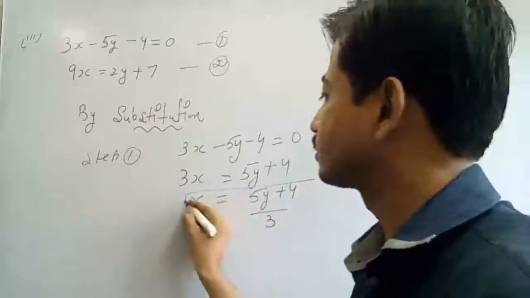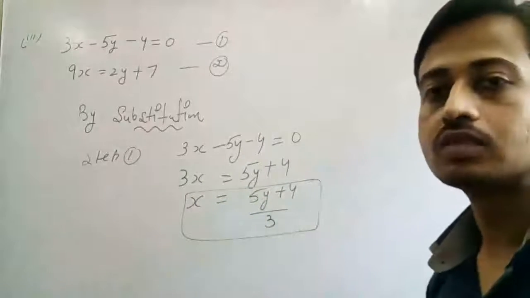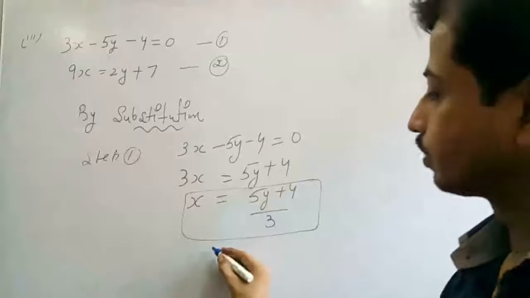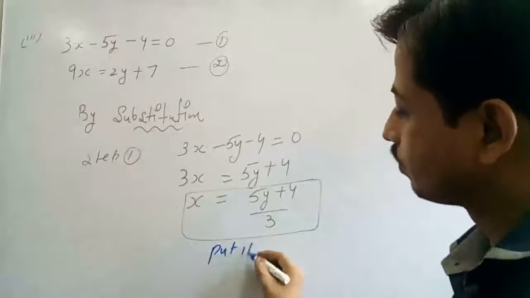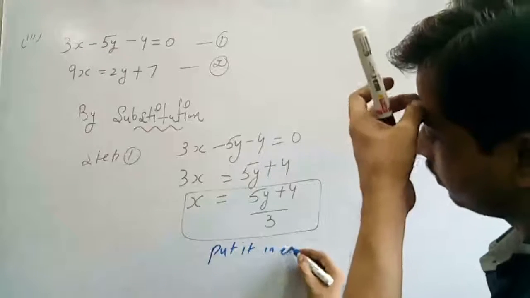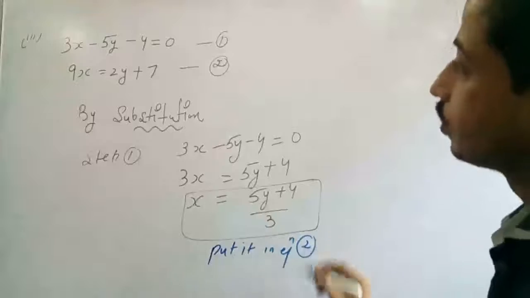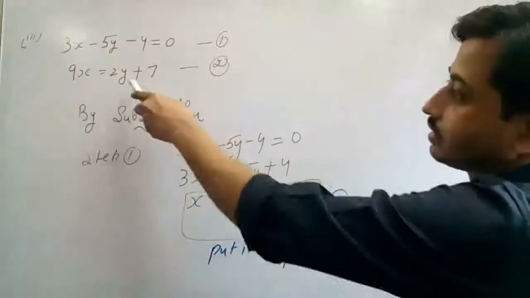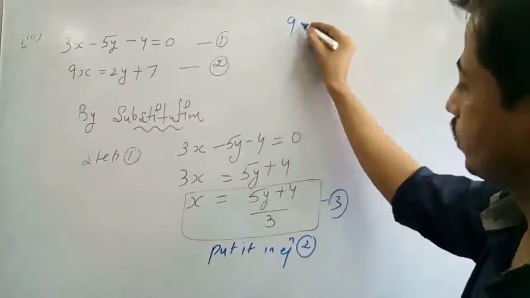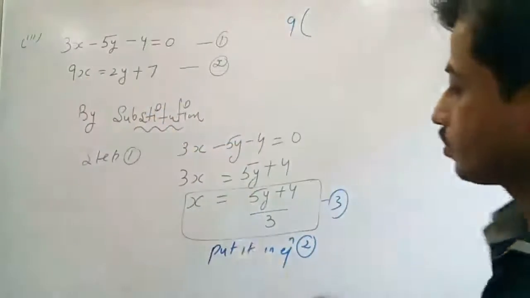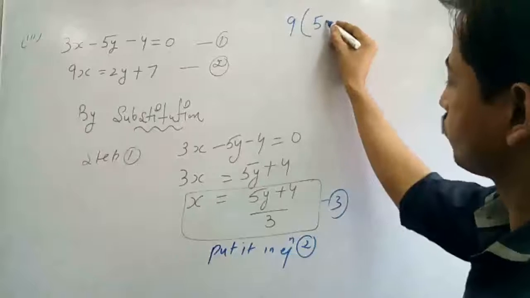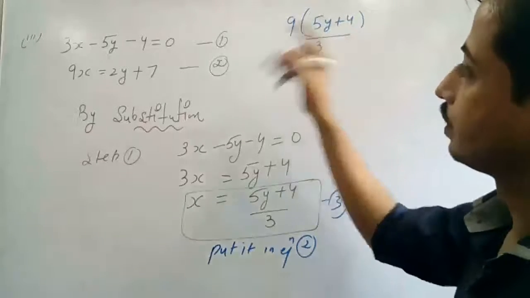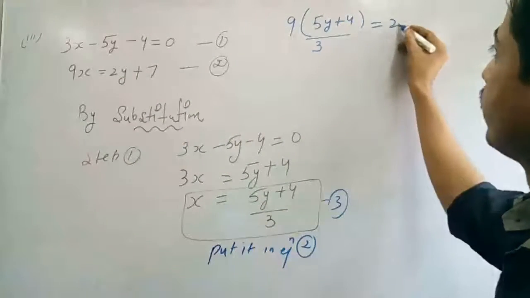So we get x is equal to (5y plus 4) divided by 3. Next step is what? We have to put it in equation 2 and make it equation number 3. The second equation is what? 9 into x, and the value of x is (5y plus 4) divided by 3, is equal to 2y